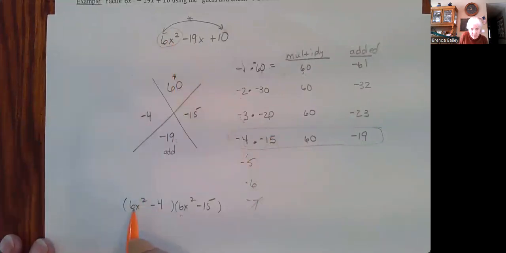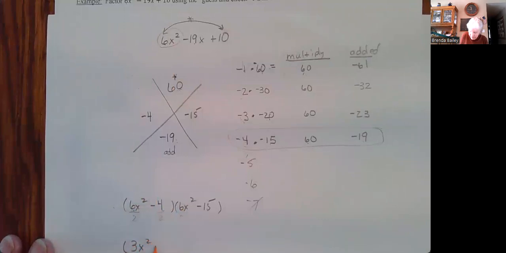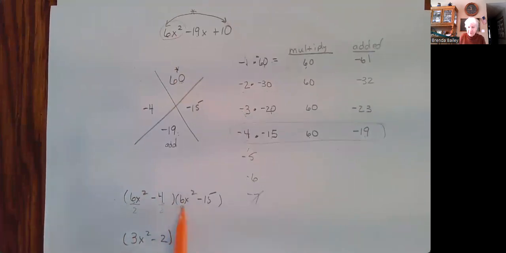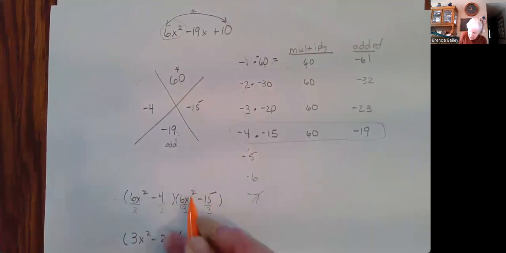What goes into here? What's a number that goes into here? And you divide them both by that number. So you reduce those, pull out what's in common. You're just not going to put it in front. So I can reduce these by dividing by 2. Okay. What goes into 6 and 15? The largest number, 3. So you divide them both by 3. And that gives you 2x minus 5,